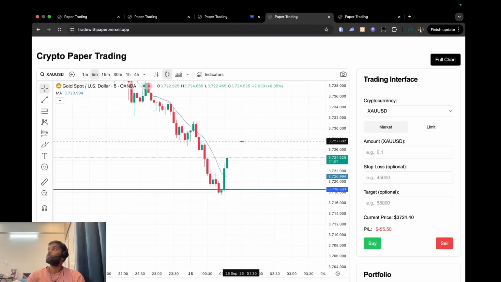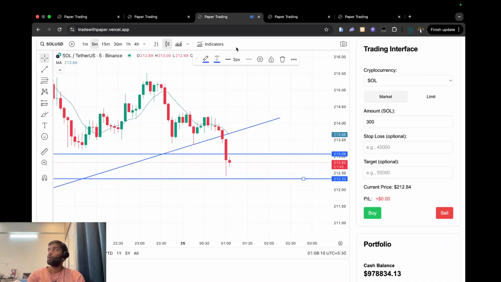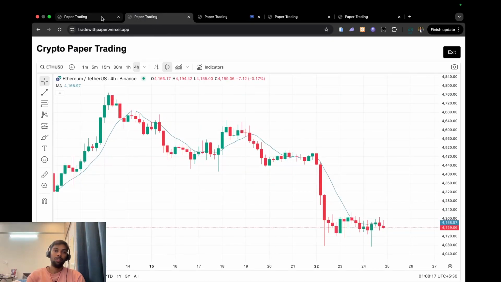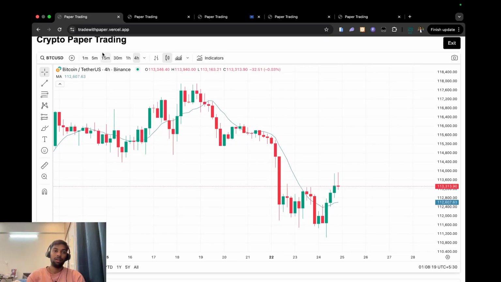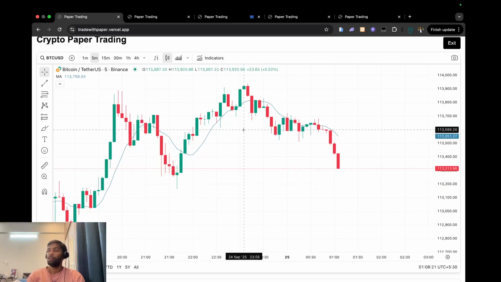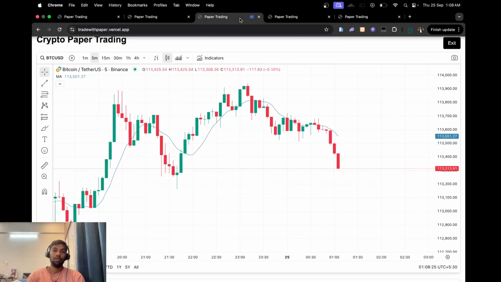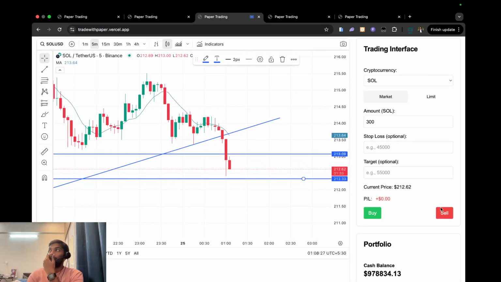Gold will give you another entry, but for quite some time it will take all the weak sellers out, like it took our stop loss. It will take the stop losses of more people out there. There is no trade in Ethereum. There might be a trade in Bitcoin, but we have to wait for the setup. I think there might be a trade in Solana.